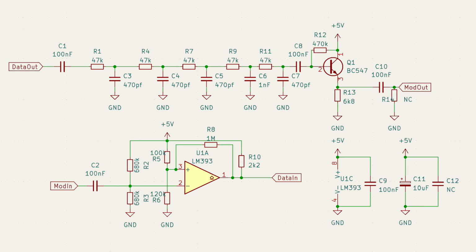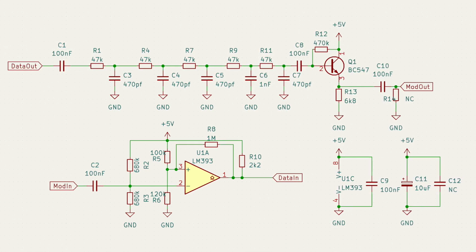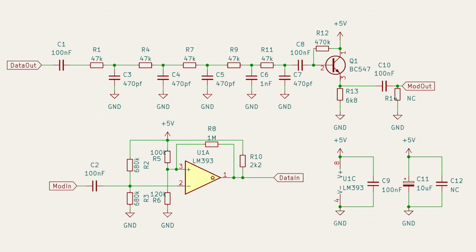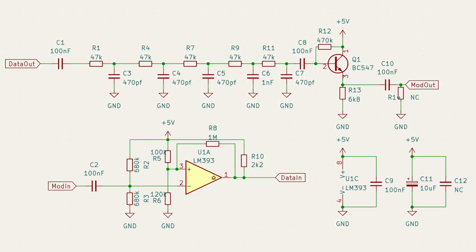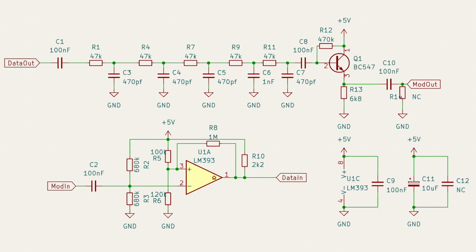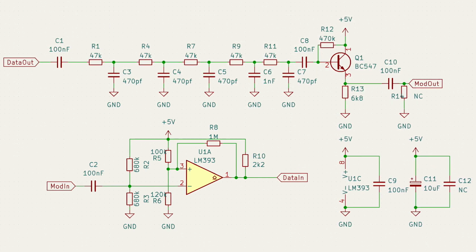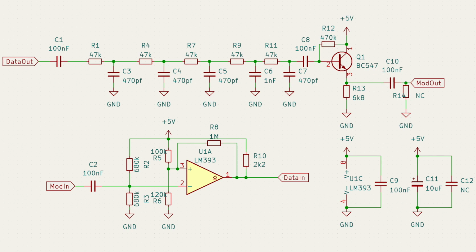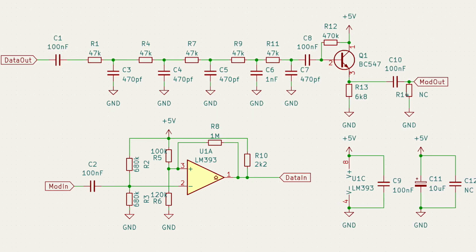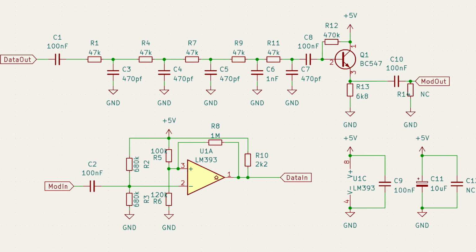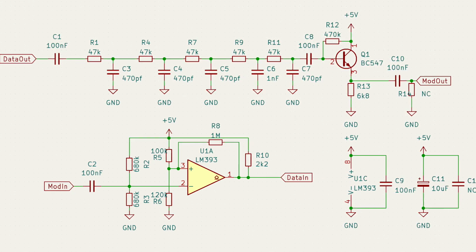The demodulator takes the audio input from the mod in line and passes it through a comparator that turns the audio tone into a rather clean square wave. You might notice I didn't add any extra filtering on the demodulator input. The first reason is that I didn't need it to get clean data through, and the second reason is that the modem will be more universal if you don't have to change filter values on both input and output.